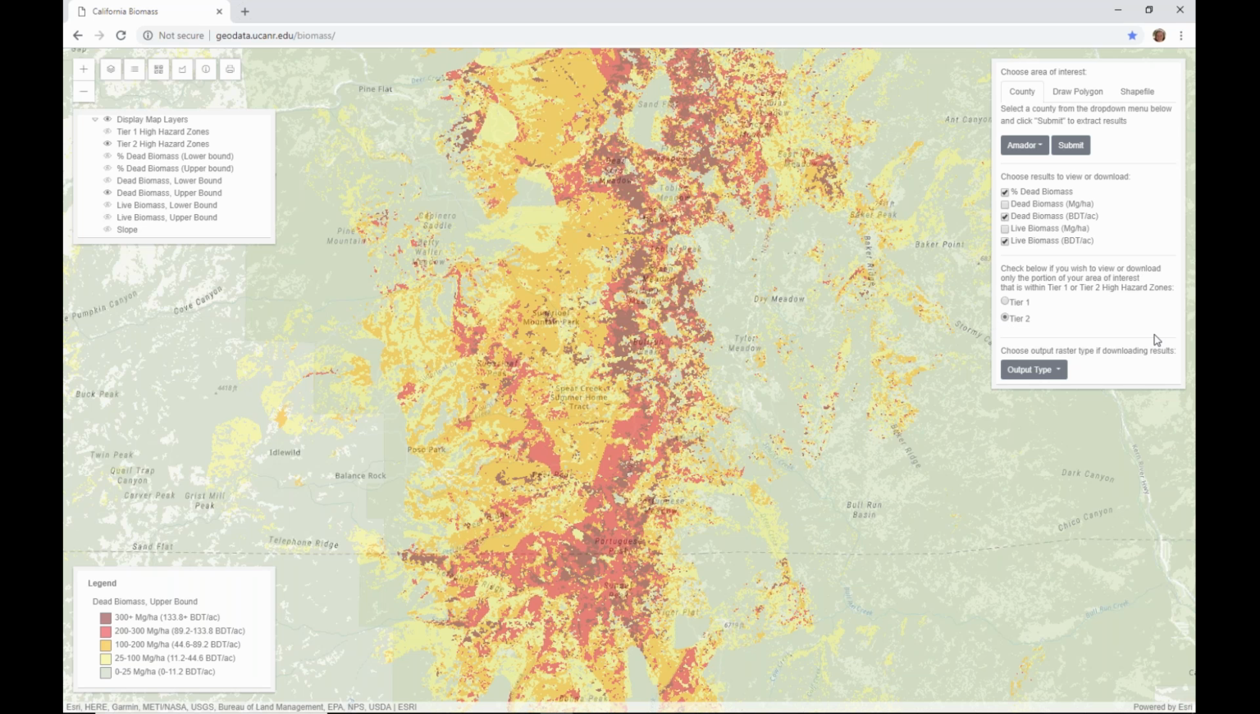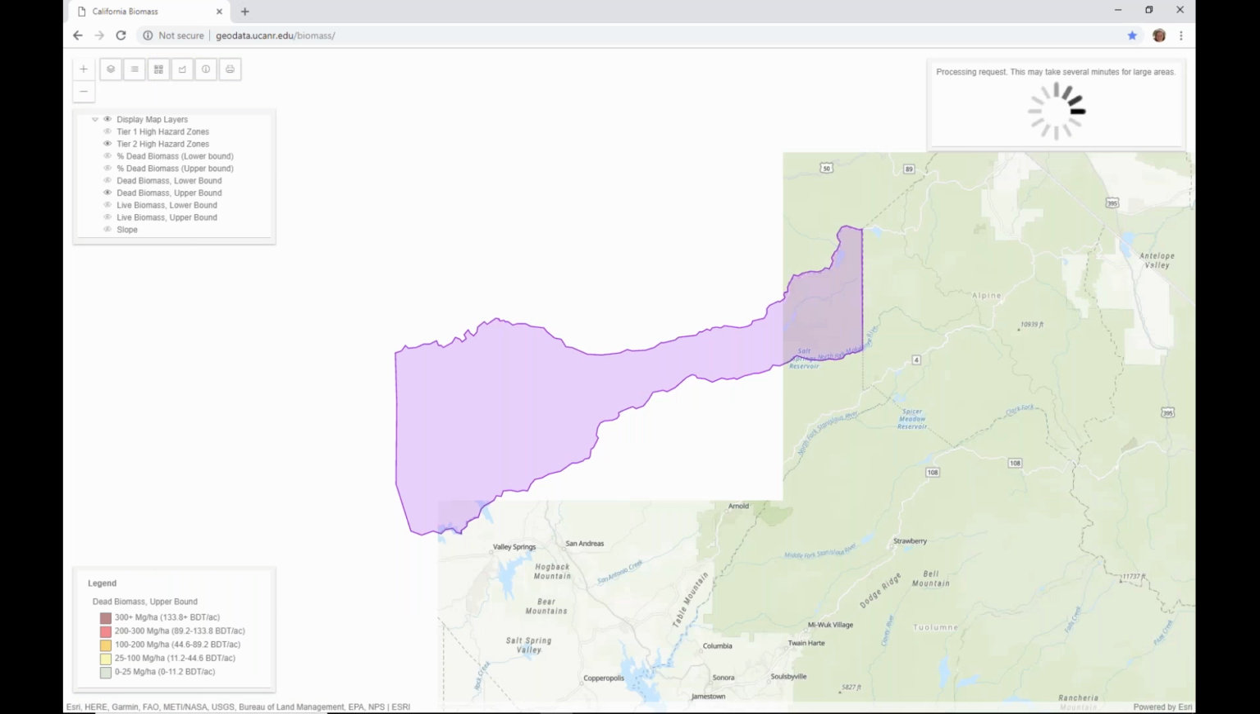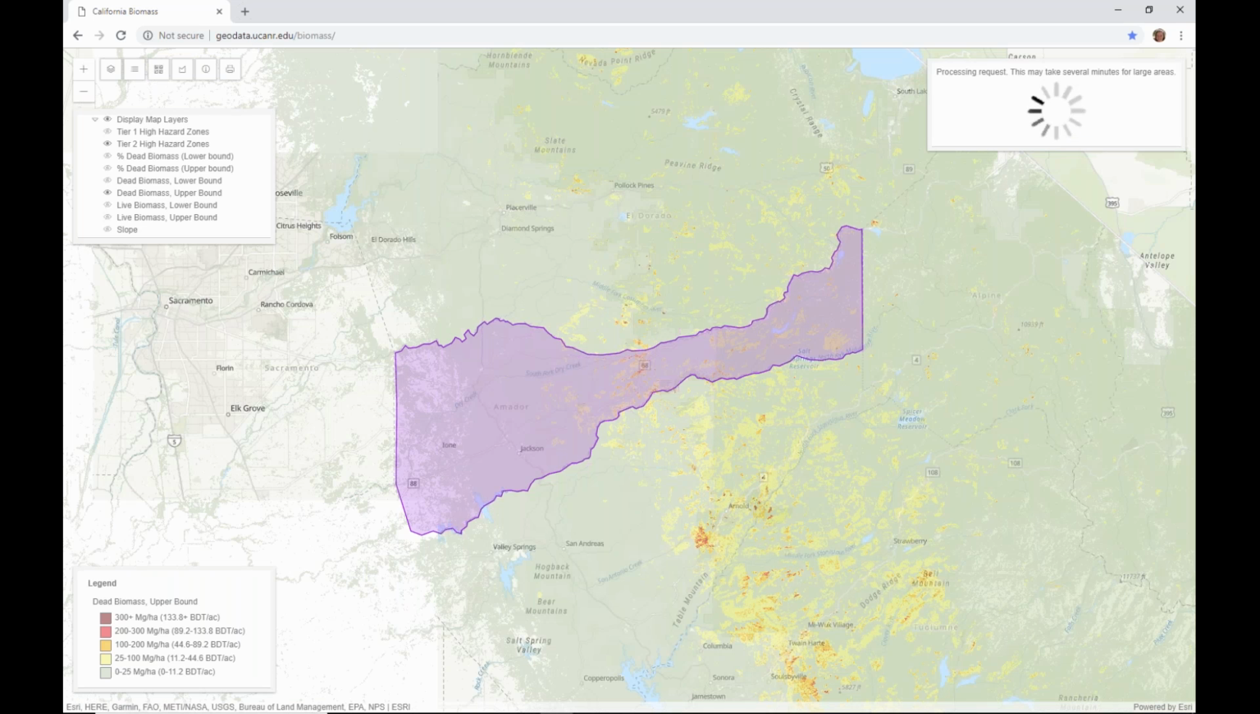You can either view the summary of the biomass in this county, or you can actually download the pixel by pixel data that you could use in ArcGIS or some other GIS software. If you are interested in analyzing the data, choose what file format you want that in. Otherwise, if you just want to look at the results online, ignore that step. Once you've selected all these, you hit submit. The map automatically takes you to the county you're interested in